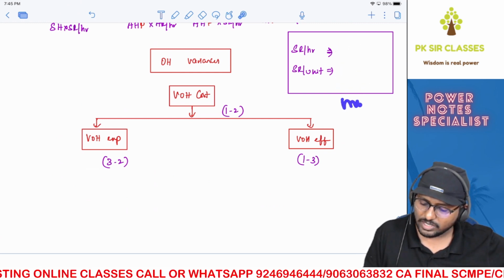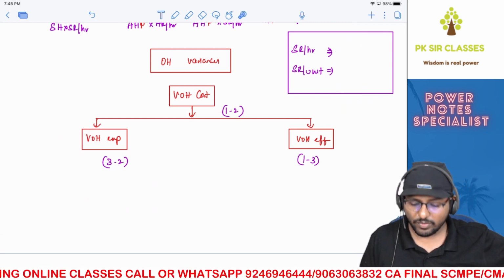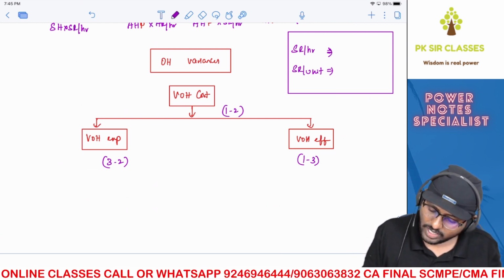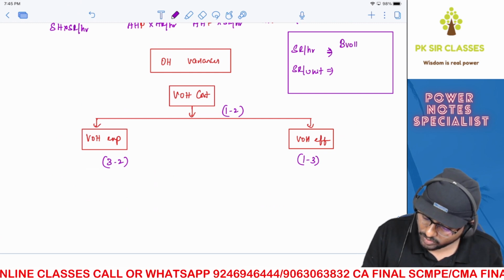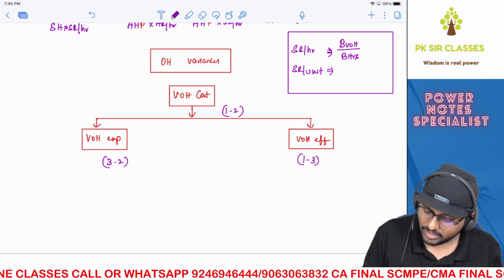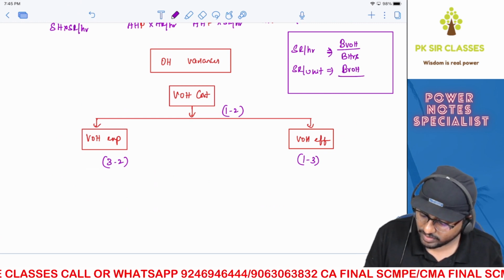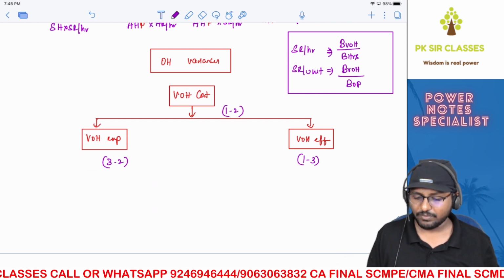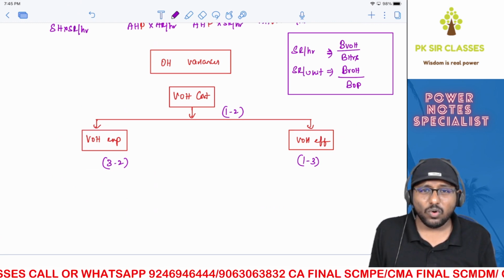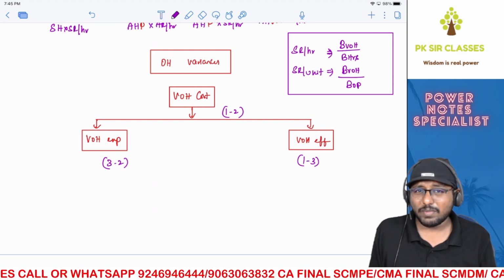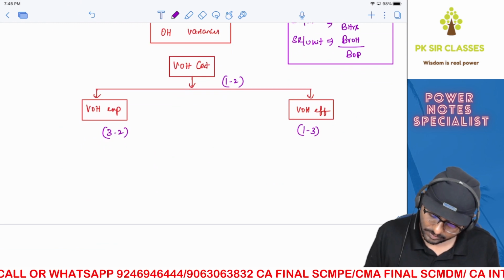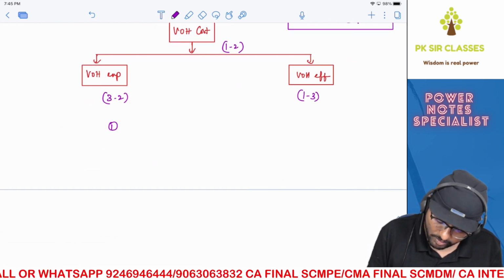But this is a must step, especially when it comes to overhead variances, both variable overheads as well as fixed overheads. Now, standard rate per hour, budgeted variable overheads divided by budgeted hours. This will be standard rate per hour. Standard rate per unit, budgeted variable overheads divided by budgeted output. You got it? That is the formula. The logic is very simple. You take the budgeted overhead cost, you divide it with hours, you'll get rate per hour. You divide it with units, you get rate per unit. It's pretty simple, right? Now, let's put the formula.